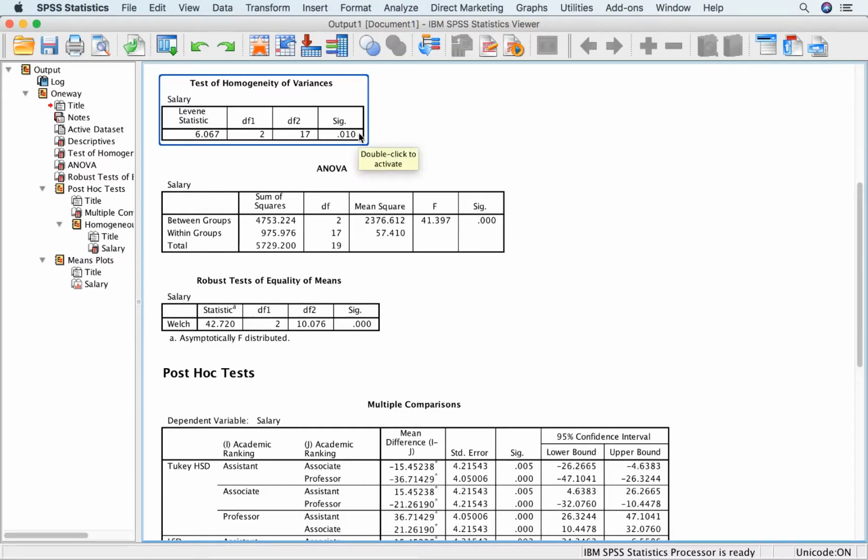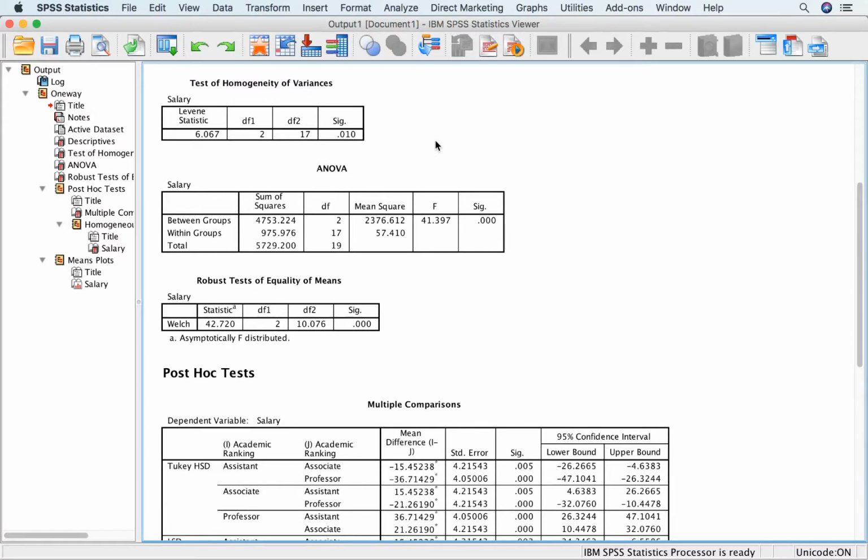And here we actually don't want to see a significant result. Right now, the significance score indicates that the test is significant, which is bad, because if you think about the hypothesis for the homogeneity, the null hypothesis is that the variances are equal, and the alternative hypothesis says the variances aren't equal. So if we reject the null hypothesis, then we have to say the variances aren't equal, which